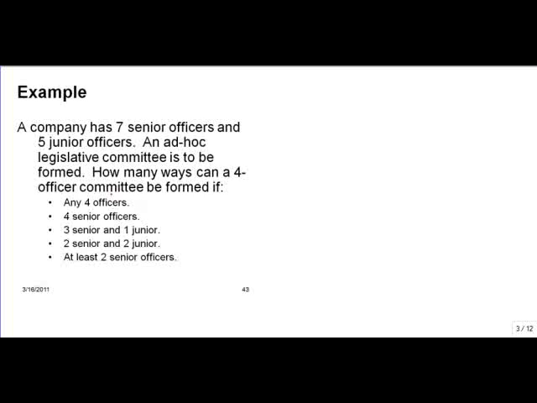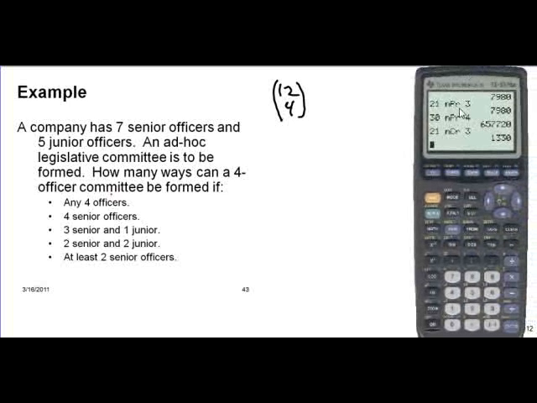So that being the case, I want to choose any 4 officers. Here we're not specified which type of officers, so we just take a look at the pool of officers. In this case we have 12 officers, and I want any 4 of those 12. Since order doesn't matter, I know that there are 12 choose 4 ways of picking these officers. Then again I can come over here and go 12, math, PRB, menu option 3, enter in a 4, and I have that this is equal to